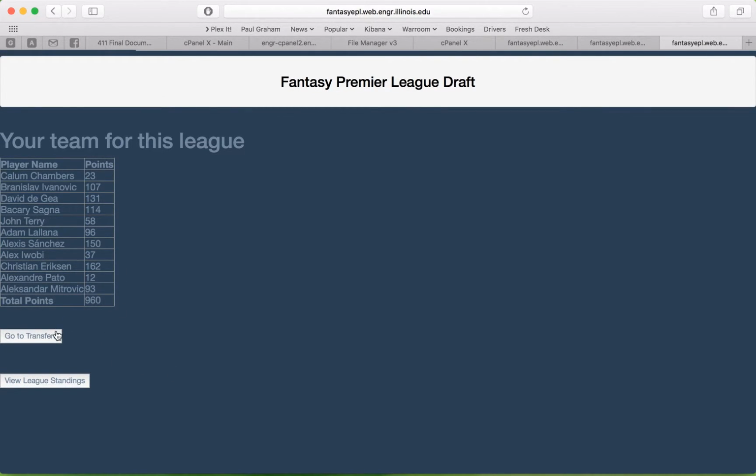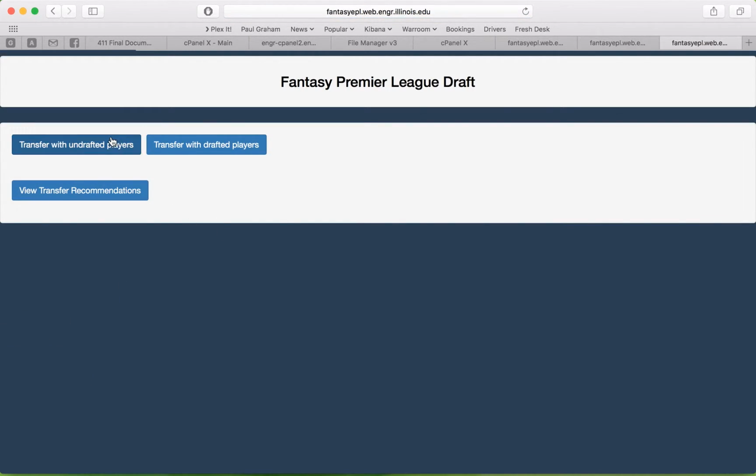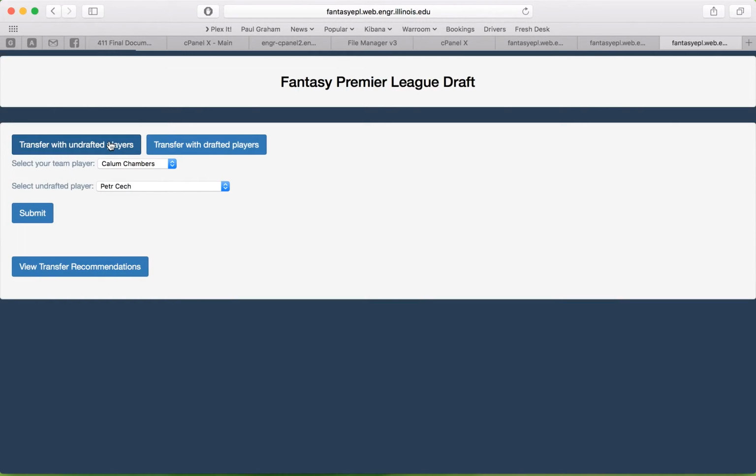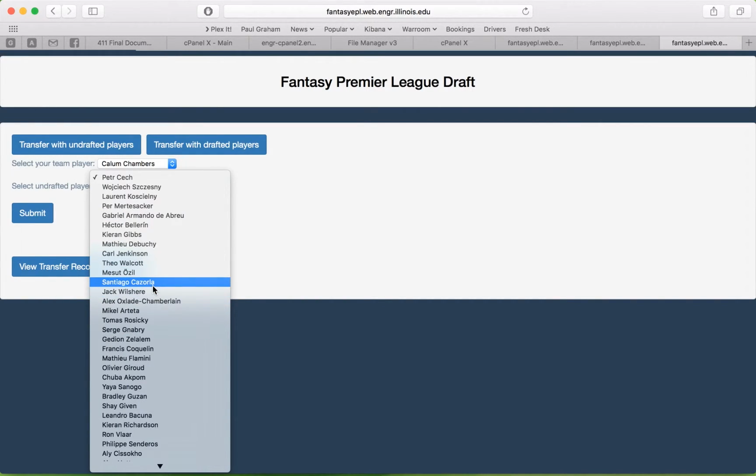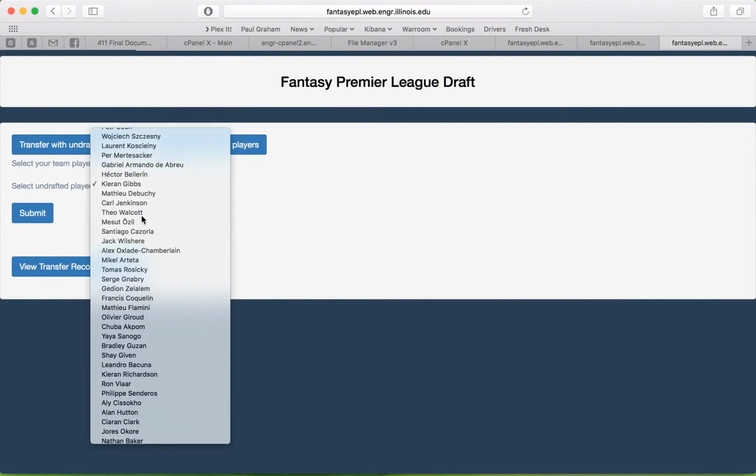From here, what I can do is ask for transfers. So I can go to the transfers page and I can either transfer with undrafted players or transfer with the players that have already been drafted. If I transfer with undrafted players, I can choose which player of mine I would like to transfer. So for example, if I want to transfer this player, this is the list of all the undrafted players, and if I want this player in my team,